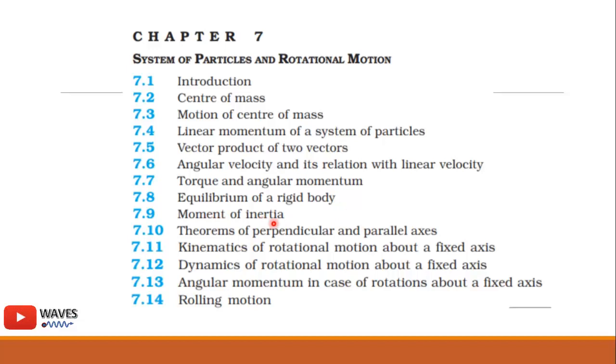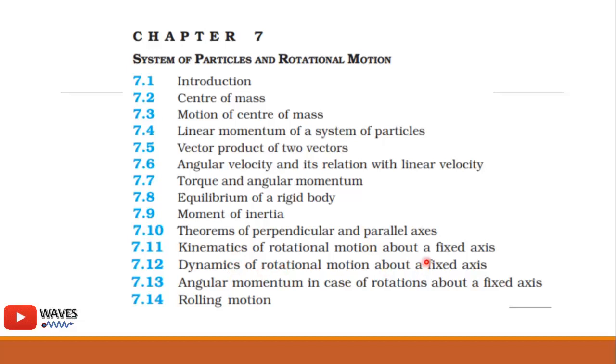The moment of inertia is something equivalent to mass, because when the body is rotating, the mass behaves in a different way, and we have the concept of moment of inertia, which deals with the mass in rotational motion. Related to that, we have two theorems: the theorem of perpendicular and parallel axis. The statements are more important than the proof for these two, because you are going to also solve some numerical problems of this. So we are going to talk about the kinematics and dynamics of the rotational motion about a